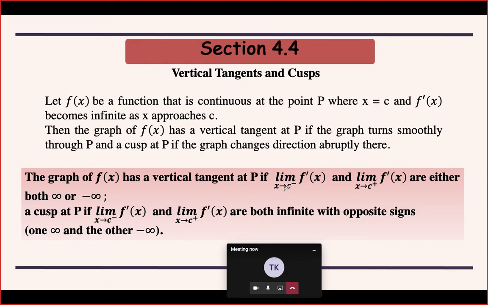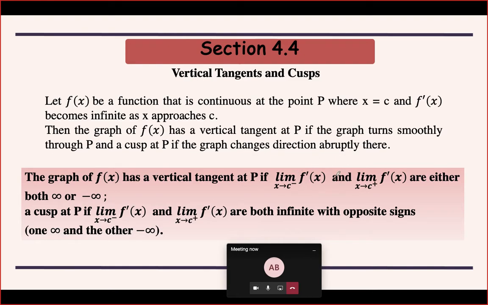For finding vertical asymptotes, what do we do? We have to find a number at which the function is approaching infinity. And what are we doing here? We are again finding a number at which the derivative is becoming infinity. So it is a similar process, but now we are not taking the original function, we are looking at the derivative. That's another function, say call it g, and you are doing a similar process on that derivative function.